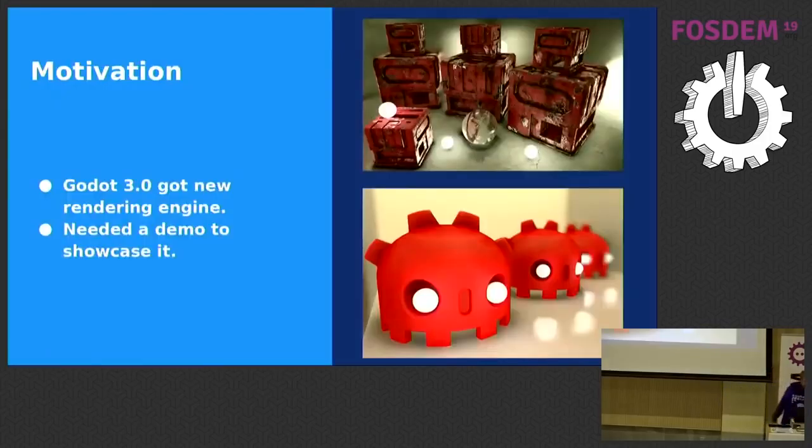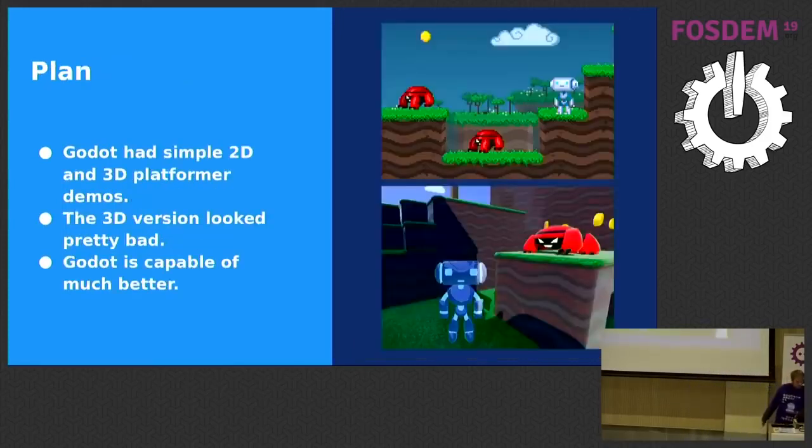So let's get started. What's the motivation? Godot 3 was released exactly a year ago. We needed a demo to showcase all the new rendering features. Before that, Godot was mostly an engine to make mobile games, but for version 3, we rewrote it, mostly the rendering, so we could make something really nice. You can see those screenshots are our new renderer that came out a year ago. But we didn't have anything to showcase it, so even if it was pretty good, you couldn't show what it could actually do. So we needed a new demo to showcase it.